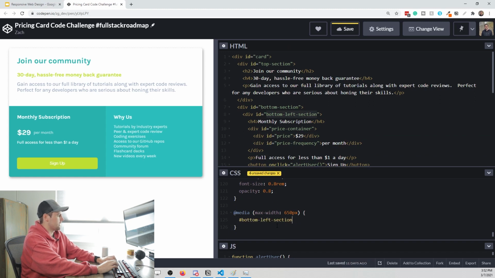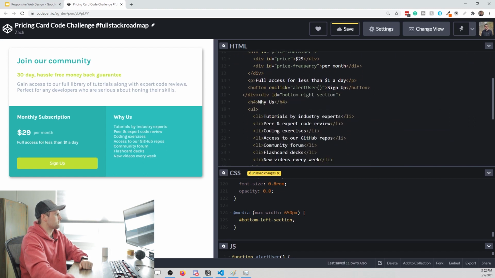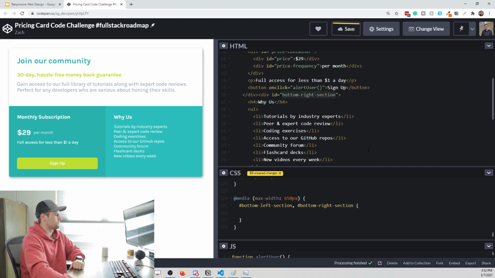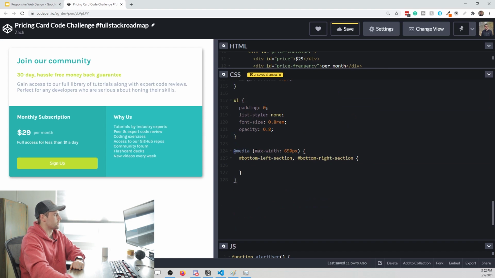and paste that in. And then we want to put a comma because we want to also do the same thing for the bottom right section. So let's grab that and put a hashtag to target it, and then we'll make a CSS rule. So right now in this media query, we're saying any screen that's less than 650 pixels, I want to target the bottom left section and the bottom right section by their IDs, and then I want to give them a